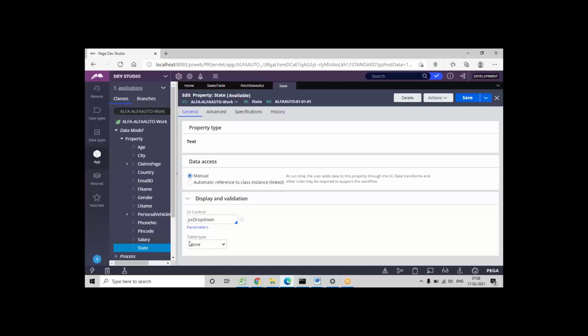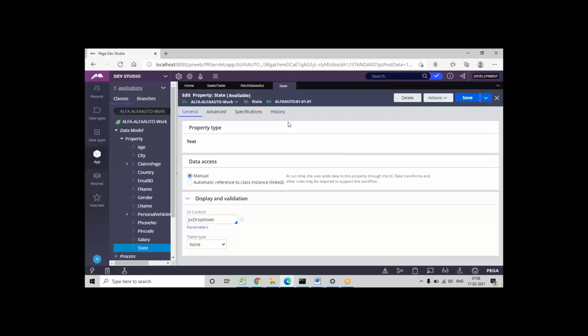But why I'm doing this is that in the coming scenarios we may do some cascading process. If you're doing cascading, sometimes it will conflict with the static records. So it is a best practice to remove the static data if you are loading dynamic records, because we don't use the static records further. So you can change the table type to none and save your property, so it will not have any static records now.